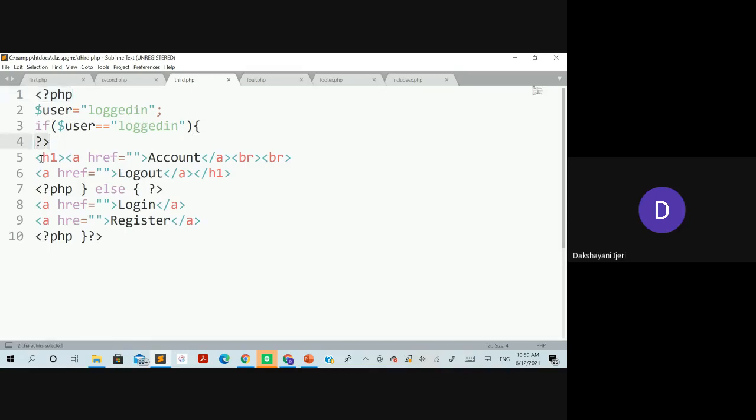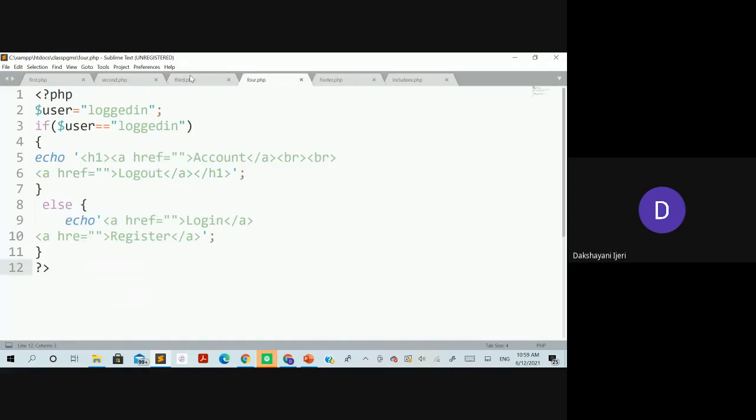So for the rest of it, if you want to make it HTML, directly take the HTML elements here. Even for the closing and beginning with the else, you need to take the PHP tag again to begin here, right? Then again followed by another two HTML elements and followed by the closing over here, right? So this is going to work exactly the same way as this example is going to work here,